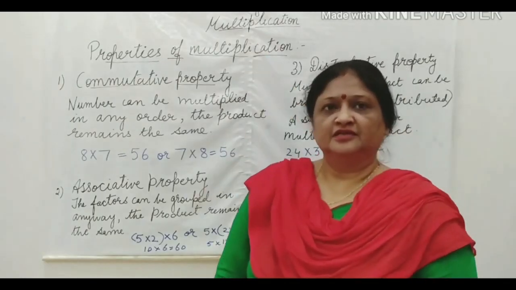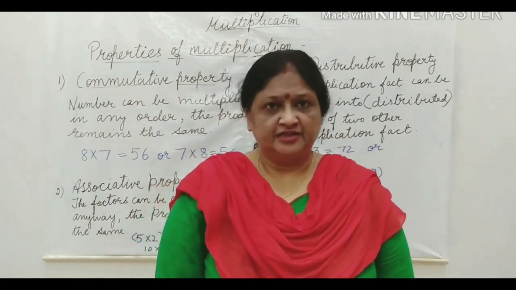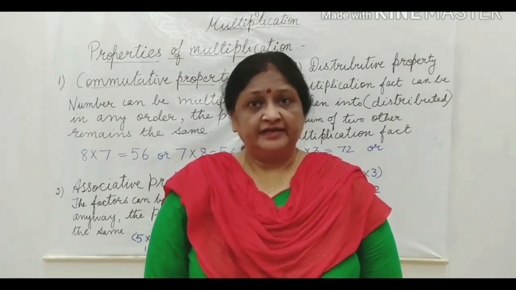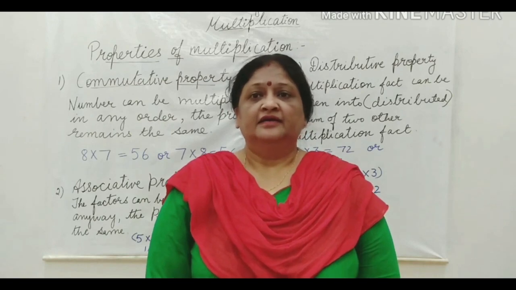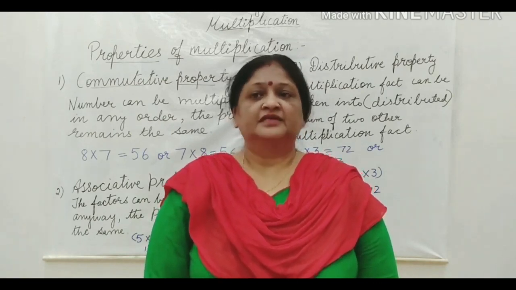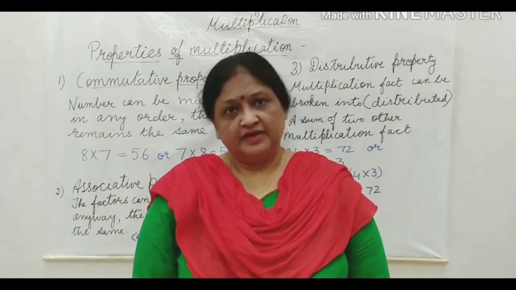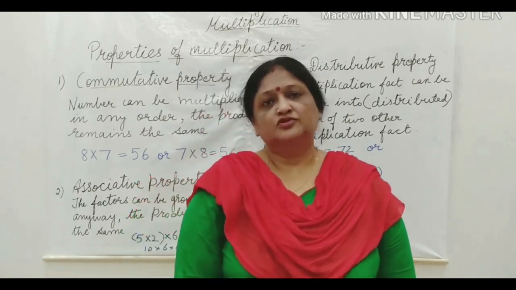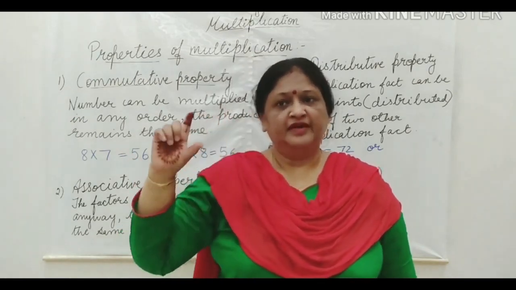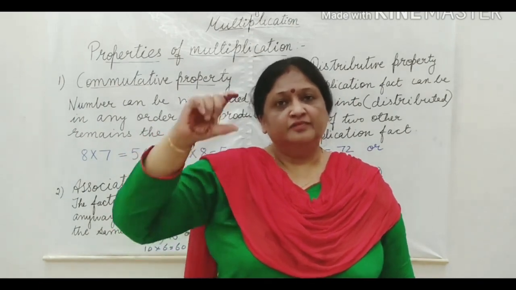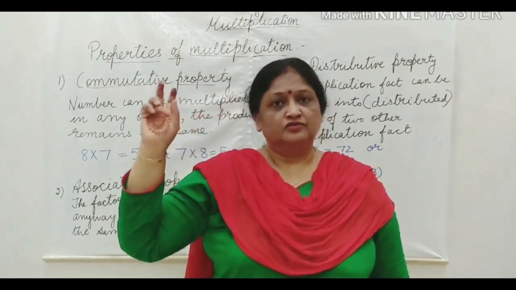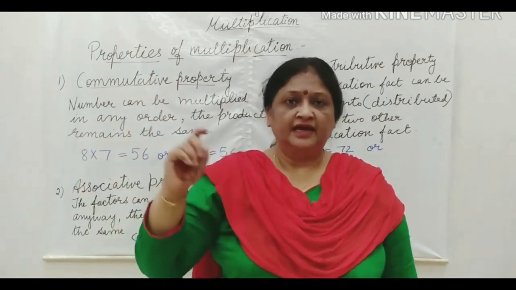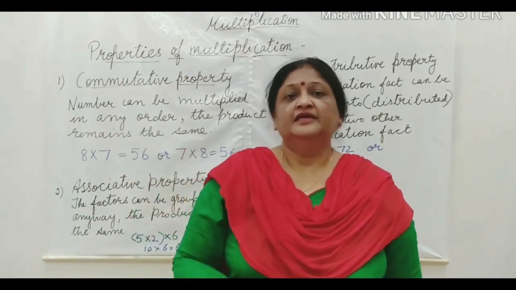Multiplication is repeated addition. Instead of adding equal amounts repeatedly to find the sum, we can multiply to find the same result in a much quicker way. Means, if we have the same addends, like 2 plus 2 plus 2, then instead of adding them continuously, it is better to multiply. Count how many there are, and then multiply. So that is repeated addition.